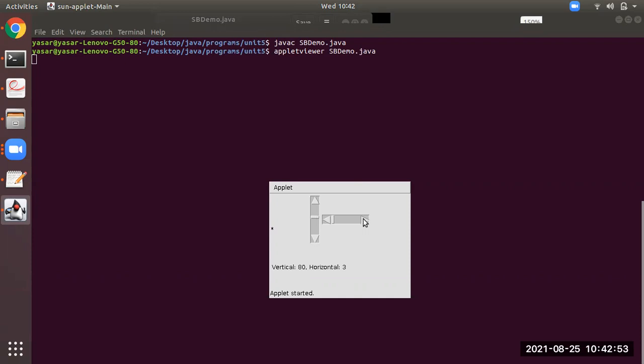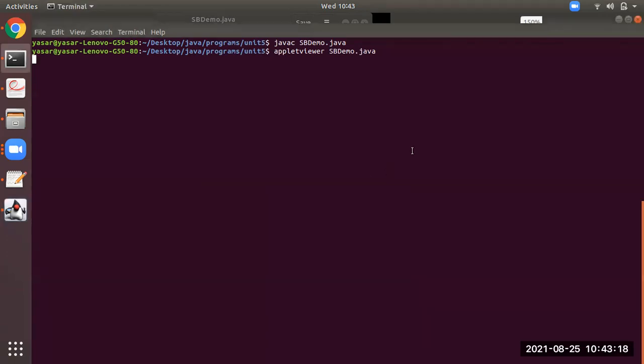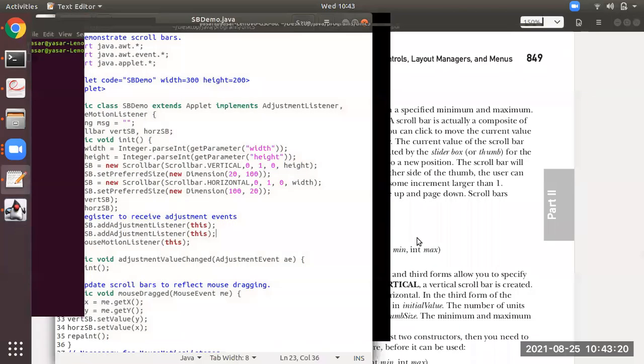Similarly, you see the horizontal one. I'm just pressing the click button. I'm not releasing it. Now I'll release it. In this way also you can scroll. You can go back also, you can go up also like this. So you can see the positions: vertical scroll bar 77, horizontal scroll bar 120. This is the demo, students.